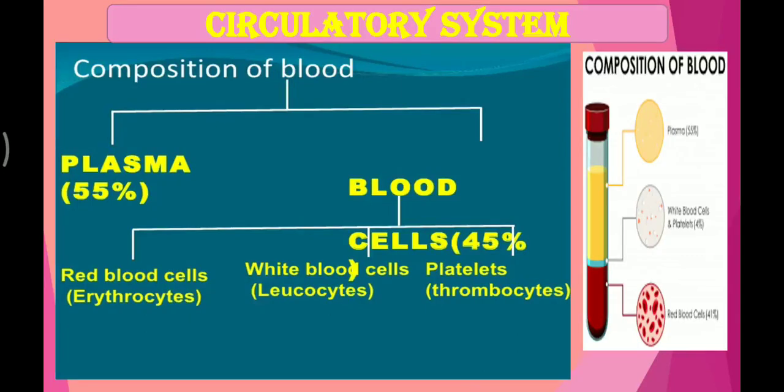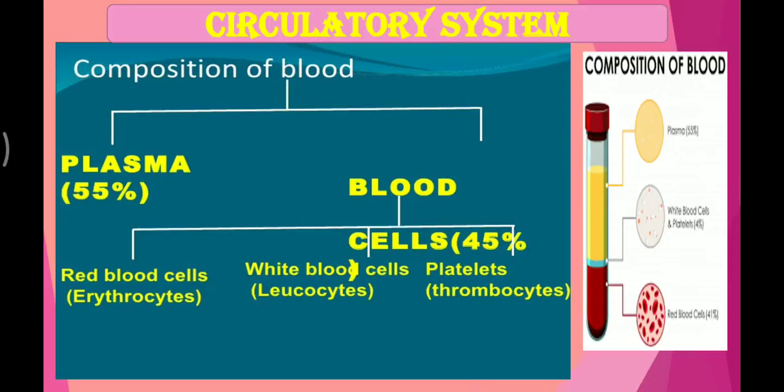Platelets are thrombocytes. You have heard about platelets recently, I think. When anyone is not well and suffering from dengue, the report comes that platelets are very low and have to improve. Some people will tell you to give papaya leaves, this food, that medicine, or somebody will donate only platelets. So platelets are called thrombocytes.